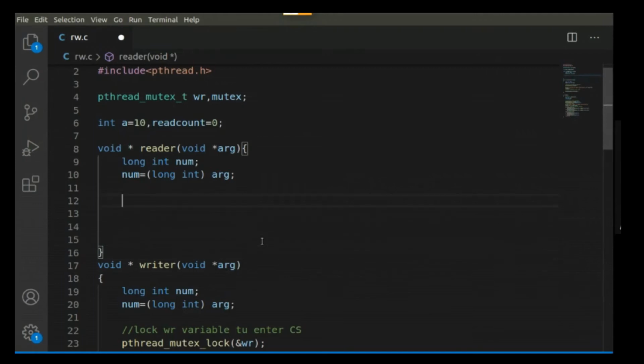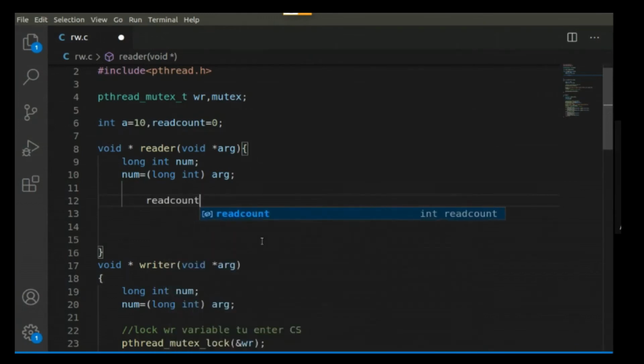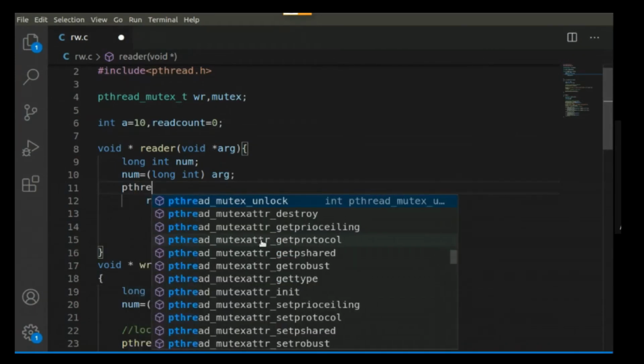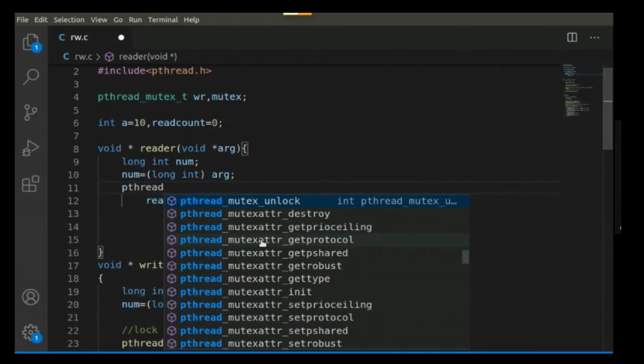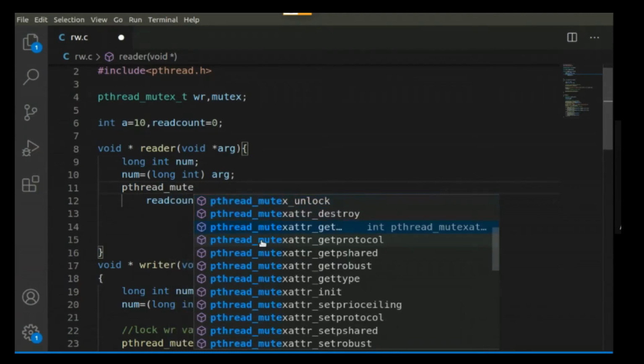So the first task you have to do is read count plus plus. But this read count is again common data which is accessed by multiple readers. So before incrementing this read count, you should make sure that only one reader is incrementing the read count variable.